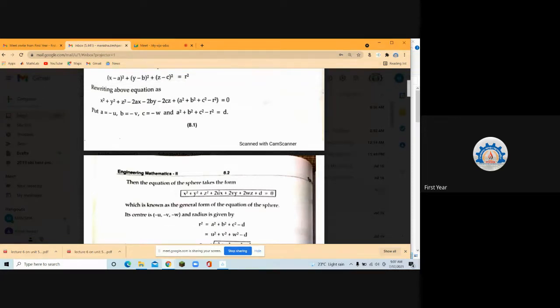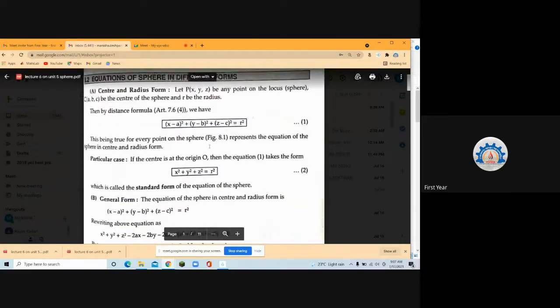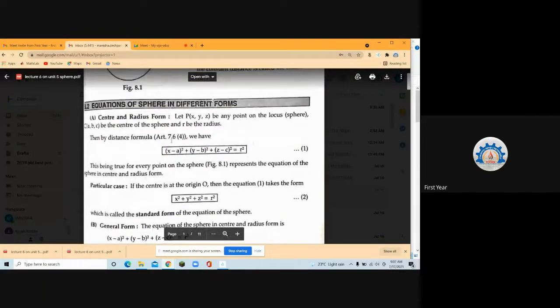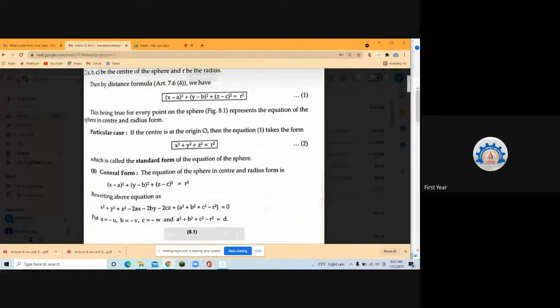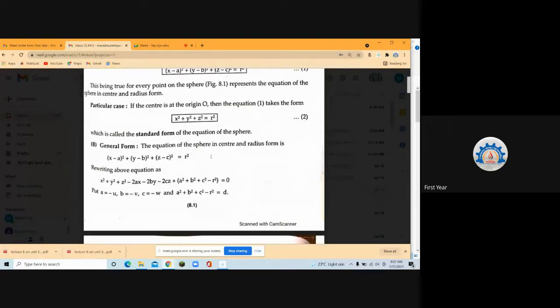Yes, ma'am. Okay. Now, the question that will be asked for your MCQ will be on this. What is the general form of equation of sphere? So this will be your answer: x square plus y square plus, which is the extension of circle in 2 dimension to sphere in 3 dimension. They'll ask you the equation of sphere in center radius form. This will be your answer. They may also ask you if the center is 0, you know what it is. a, b, c is 0. So x square plus y square plus z square is equal to r square.